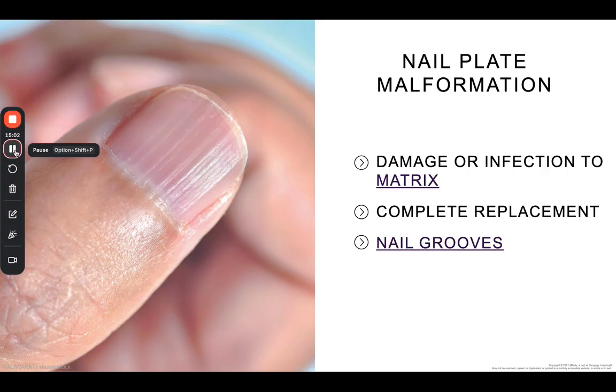Each time a new cell is created, it pushes the previously created cells upward and away from the matrix. This causes the plate to flow slowly towards the free edge, but only as quickly as new cells are produced. If nail cells are produced faster, the plate will grow more quickly. The reverse is also true. If a small portion of matrix cells stop making new cells, the nail plate will become thinner and develop a